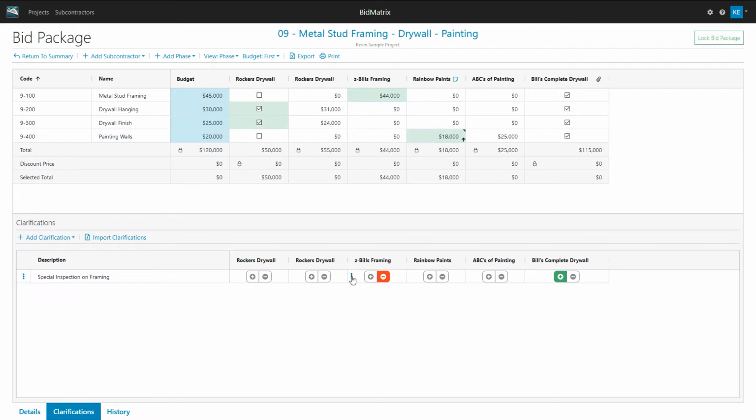If I wanted to come back and look at the ellipsis on this one, I could go to supplement and say I want to supplement my metal stud framing.